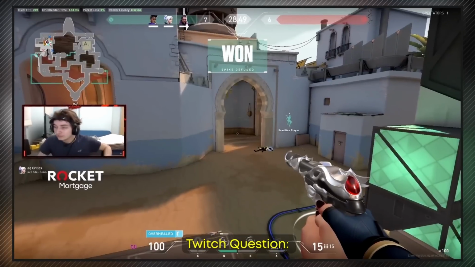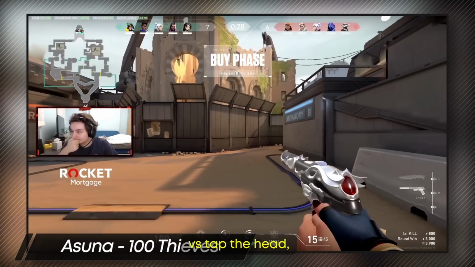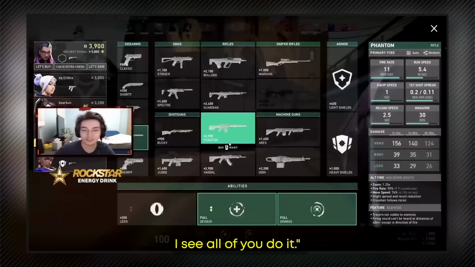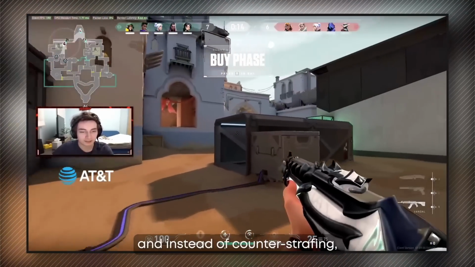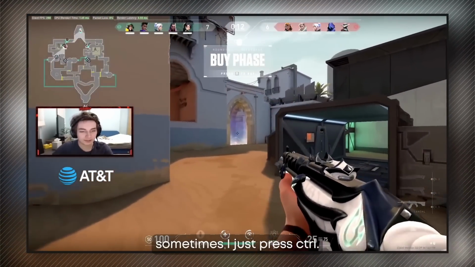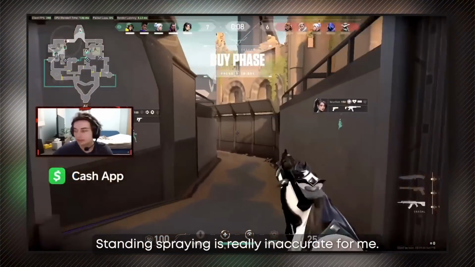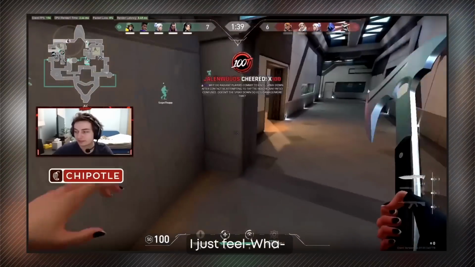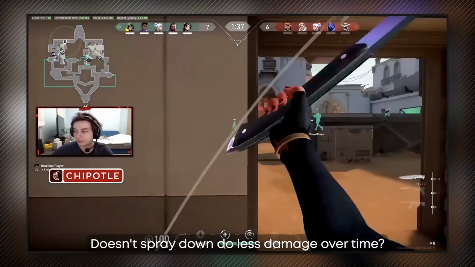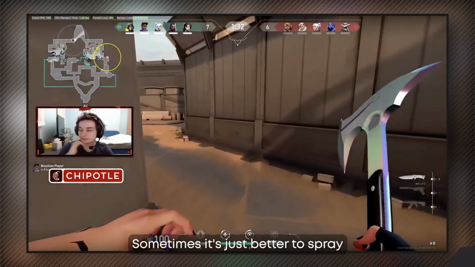But like, I couldn't. What is he saying? Why do Radiant players commit to crouch spray down versus the thing to tap the head? And I see all of you do it. Because it's more accurate, and instead of counter strafing, sometimes I just press control. I don't know. I just like crouch spraying a lot more than standing spraying. Standing spraying is really inaccurate for me. It's just crouch spraying that's really good for me. I just feel like the spray down does less damage, more time. It's really hard to hit the head. So sometimes it's just better to...